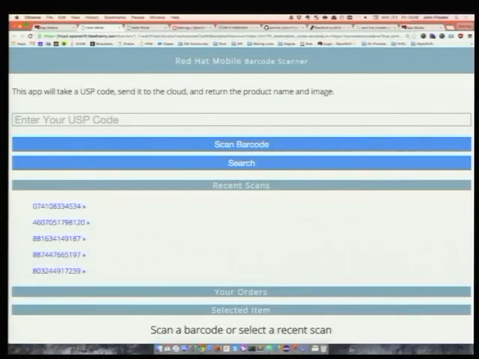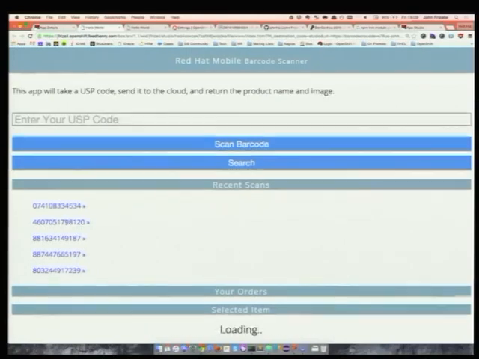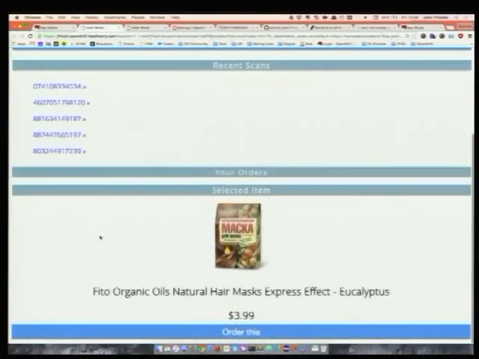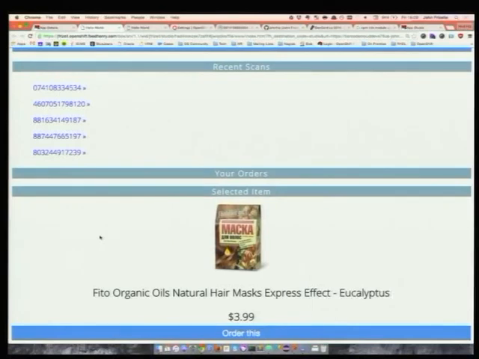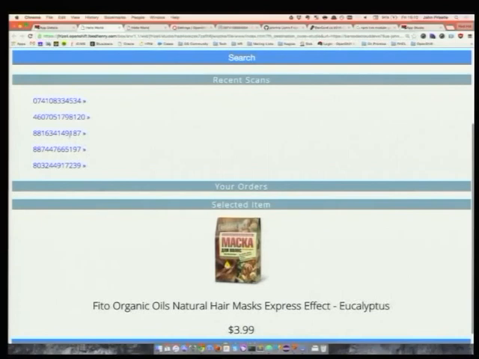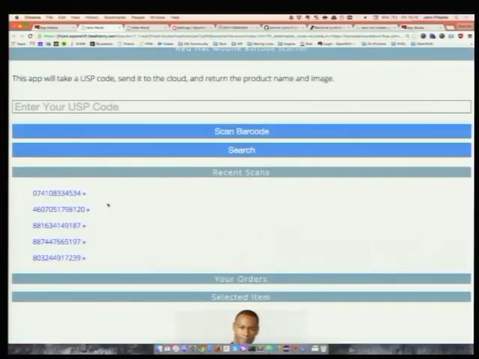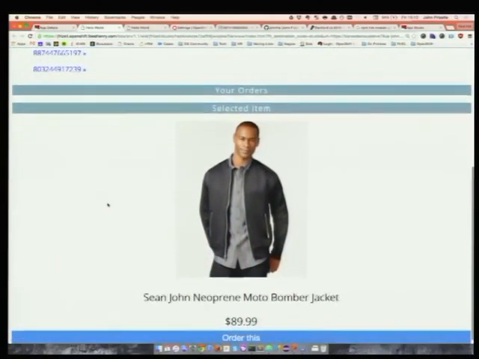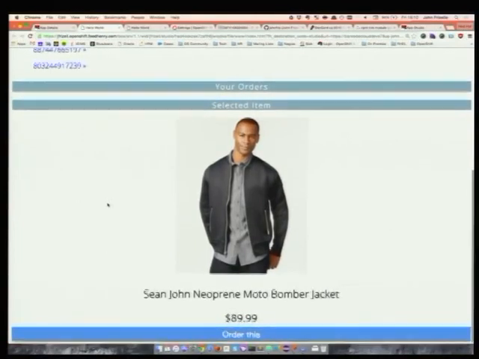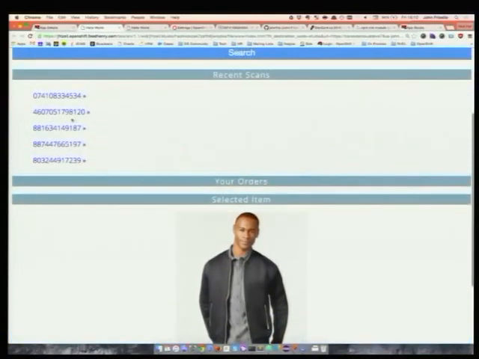So let's see what we get. Organic oils, natural hair mask. Okay, that's not bad. A handsome dude. Oh no, sorry, it's the jacket, it's not the guy.